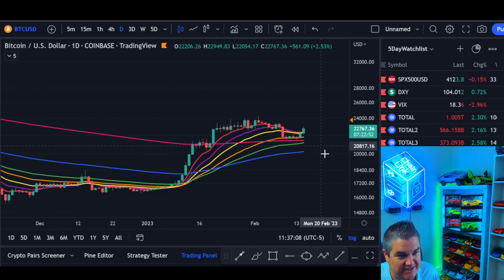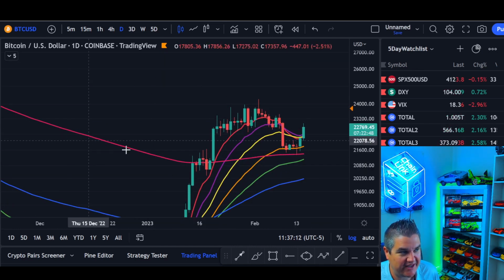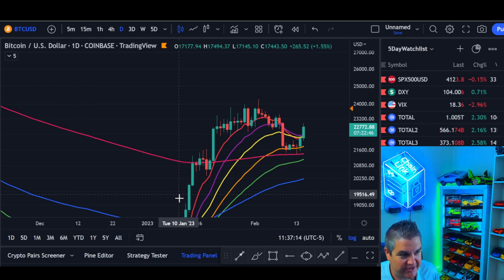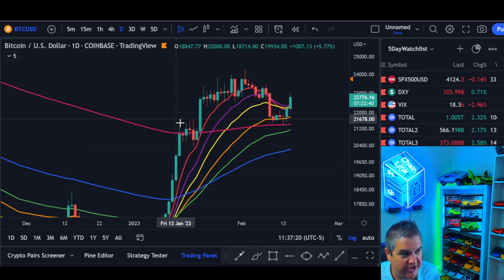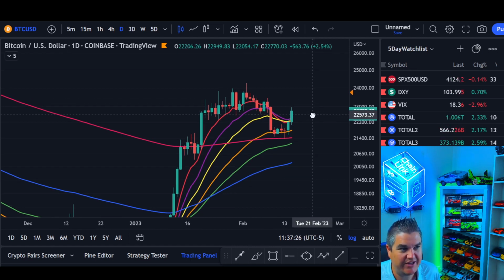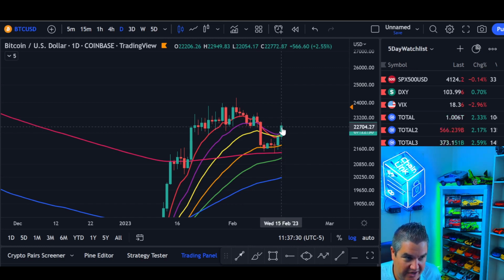So the past couple days, nice green candles after retesting the 200 EMA. That's what this pink line is right here. You can see that's kind of our initial liftoff level from early January. We hesitated there before breaking through it. A nice retest and a bounce so far. So will this hold? Well, obviously nobody knows, but what we want to be watching for confirmation of a bigger